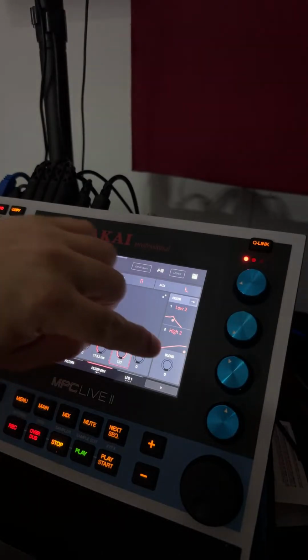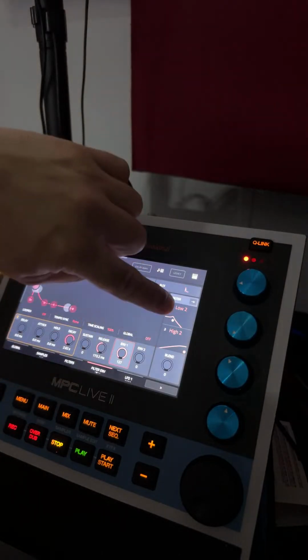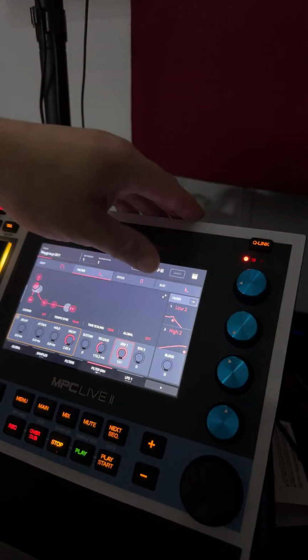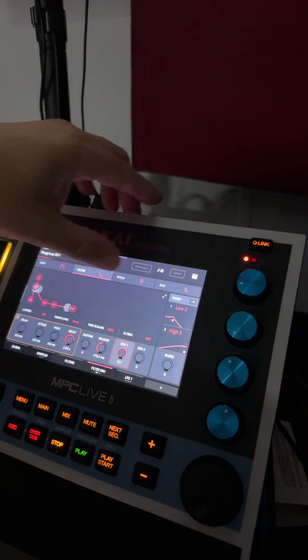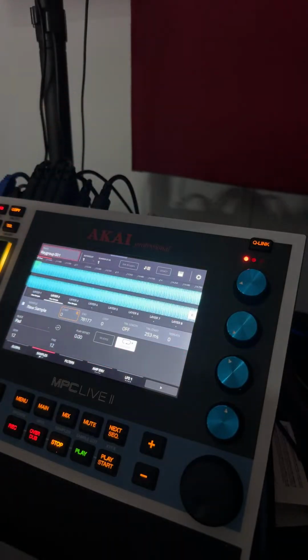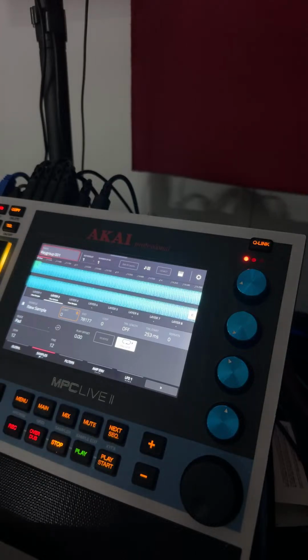You can blend those two filters. You have filter one and filter two, just like a Hydrasynth has filter one, filter two. Very crazy. This is amazing, and this brings a shit ton of value